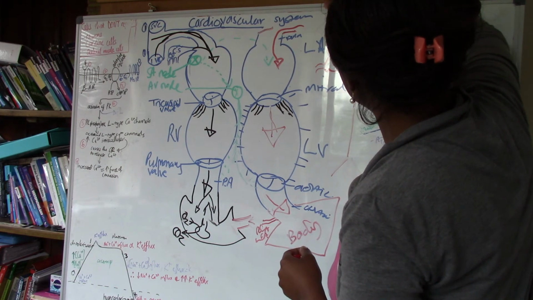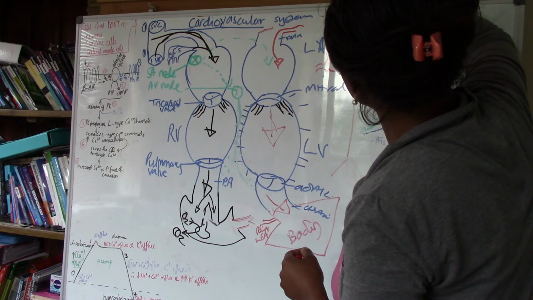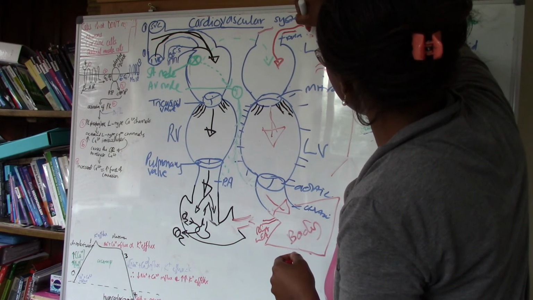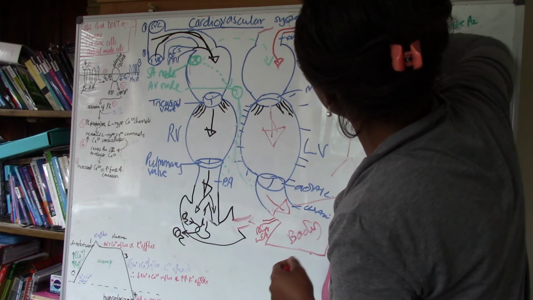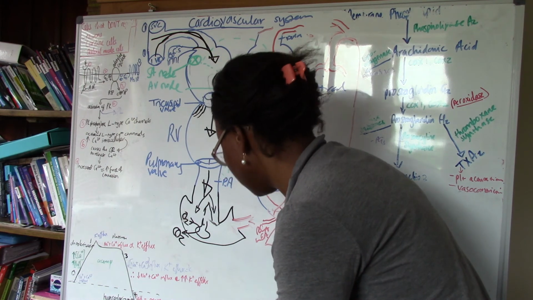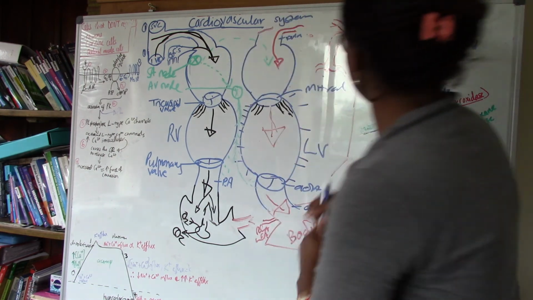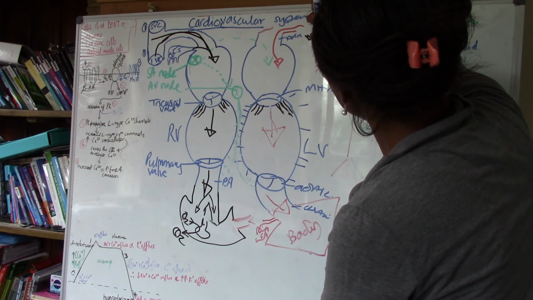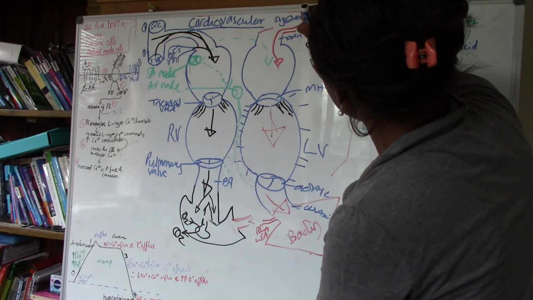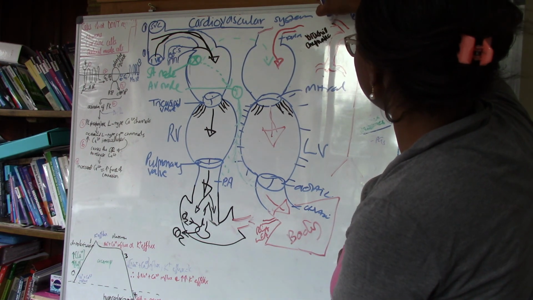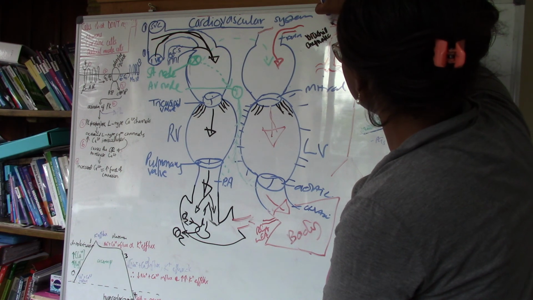So the first branch on the right hand side is actually called the brachiocephalic. I'm actually going to use a different pen because this pen doesn't work terribly well. It's actually called the brachiocephalic. So we have a brachiocephalic on the right hand side. So that brachiocephalic then